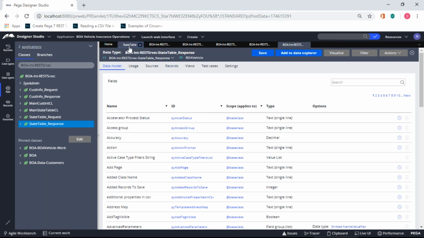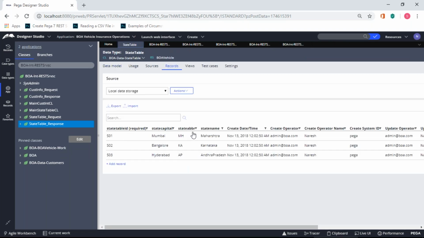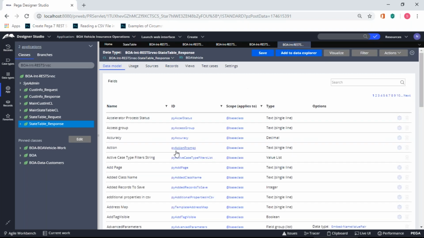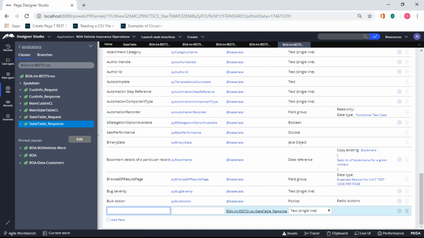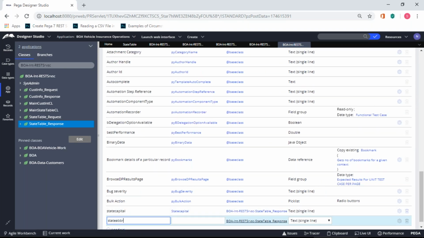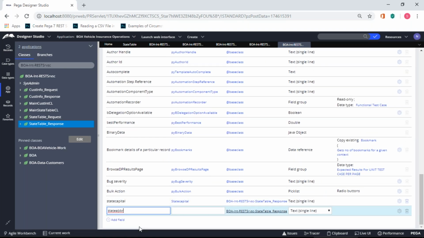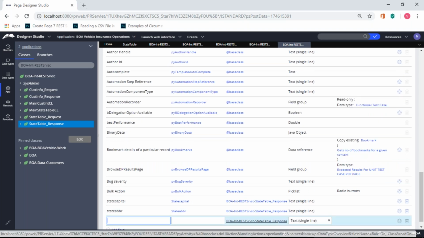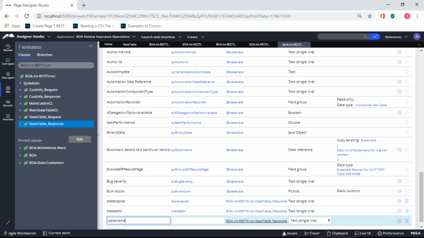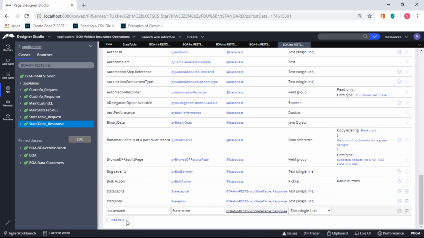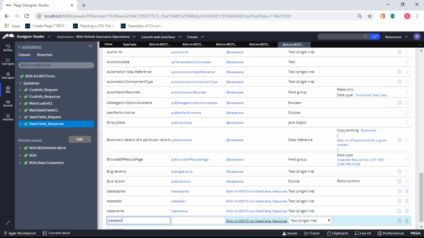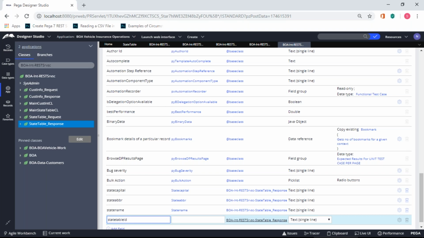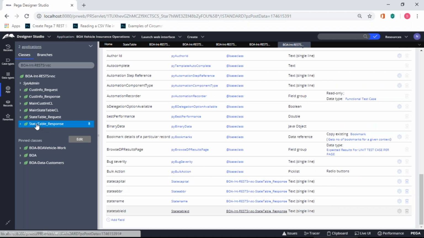So here we have to create state capital, state abbreviation, state name. We'll also create state table ID just for the sake of it, so that the mapping is done. We know which ID belongs to what. Okay. So once we create all these properties, we have to go to our main class and